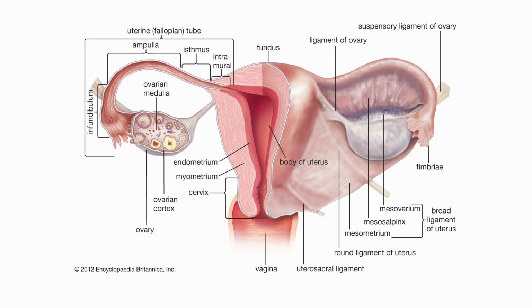It has a lot of things labeled. So let's do a little quick review. So we have the fundus, that's that dome-like shape. We have the body of the uterus right here. We have the cervix, and then the vagina. And then talking about the fallopian tubes or uterine tubes,